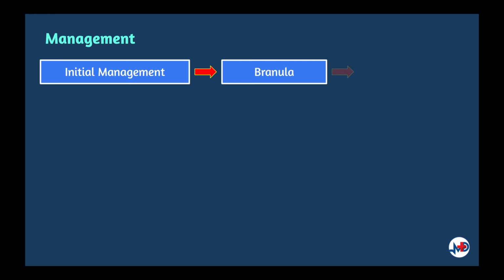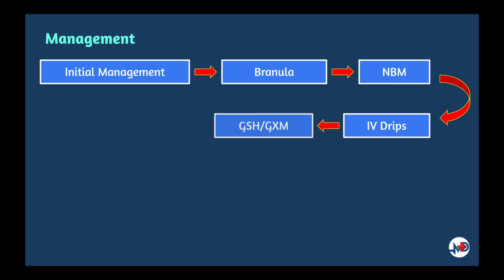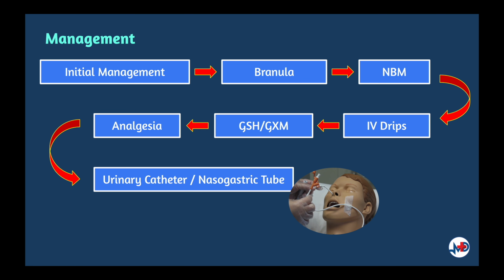Now, we have already come to the management part. The definitive management of acute abdomen largely depends on the cause. However, a good initial management includes core points regardless of the underlying etiology, and these include setting large bore cannulas for resuscitation, keeping the patient nil by mouth, starting intravenous drips accordingly,